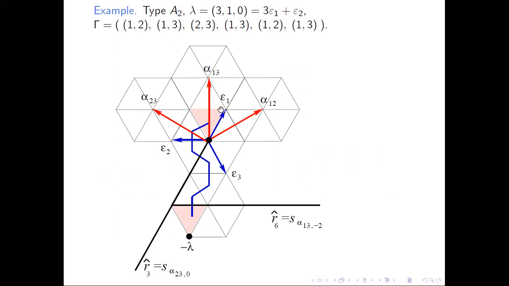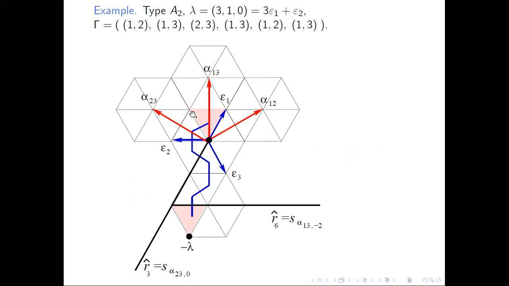So you have the top shaded alcove, which is the fundamental alcove. In red, you see the positive roots. And the coordinate vectors, their projections are epsilon 1, epsilon 2, epsilon 3. So then we take this blue path, which joins the fundamental alcove to the translated one. And the lambda chain is obtained simply by recording all the walls that are crossed, all the hyperplanes that are